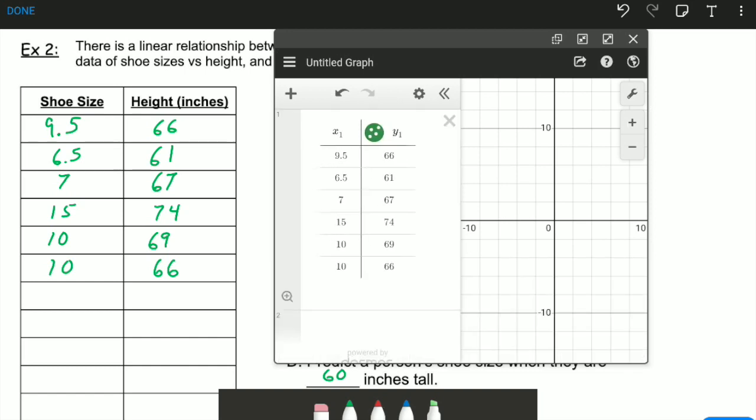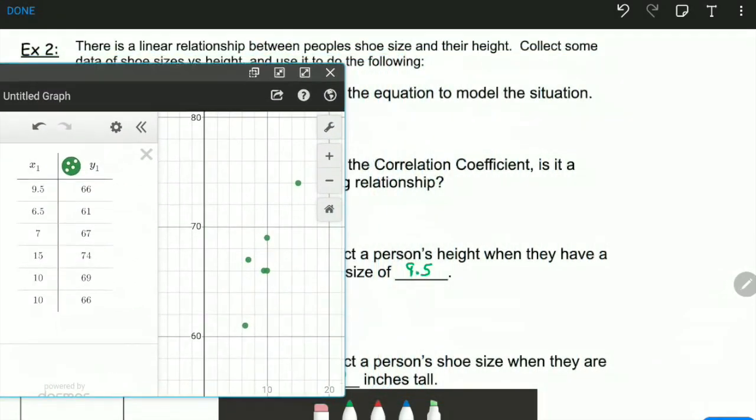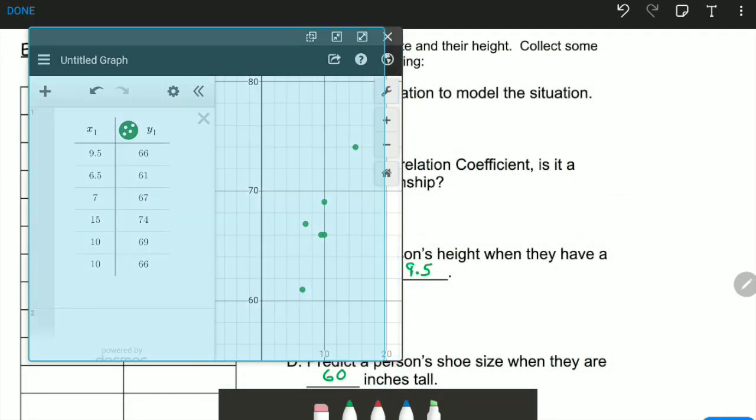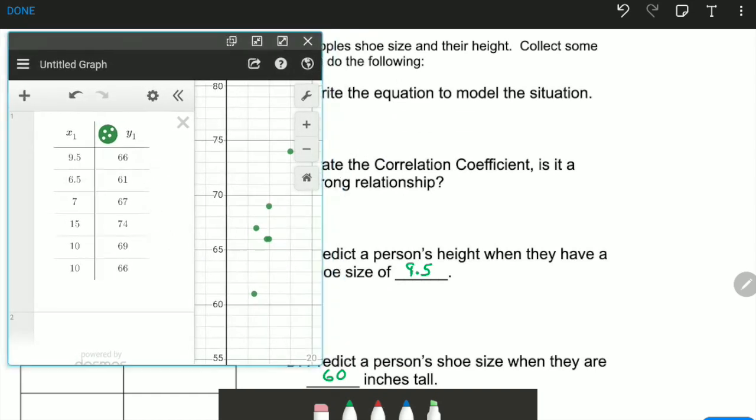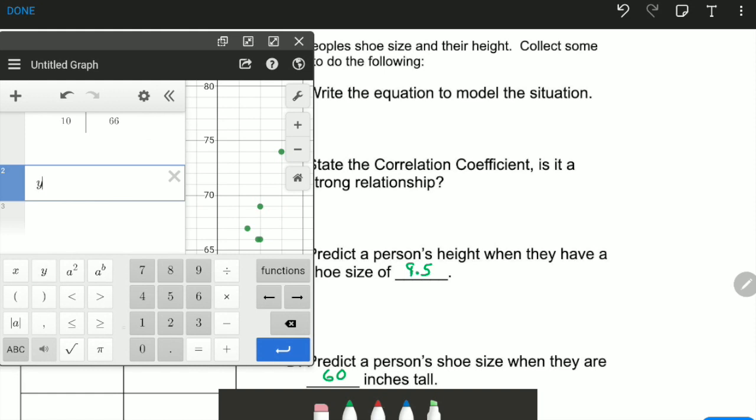Now in Desmos, sometimes you might need to actually see the graph to determine what type of function it is. So there's this little magnifying glass at the bottom corner of the table. If you hit that, it should make the graph more visible. We're told it's a linear relationship, so we don't really need to do that. Bring it over a bit. There we go. So since it's a linear relationship, the linear model would be y1